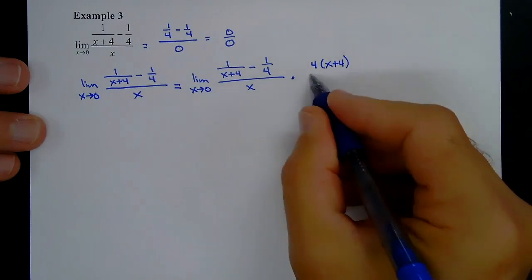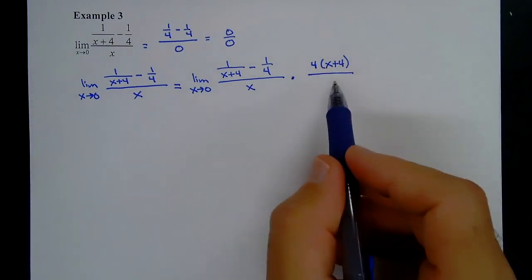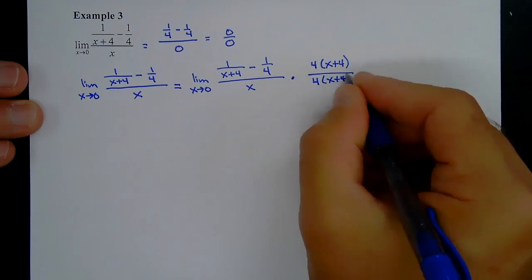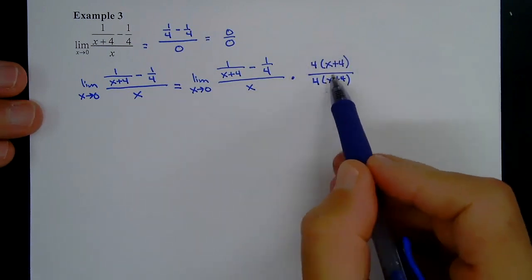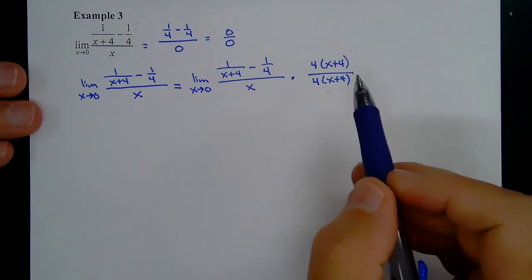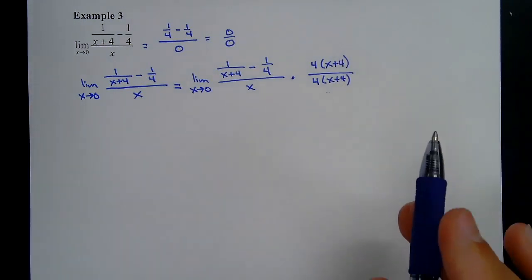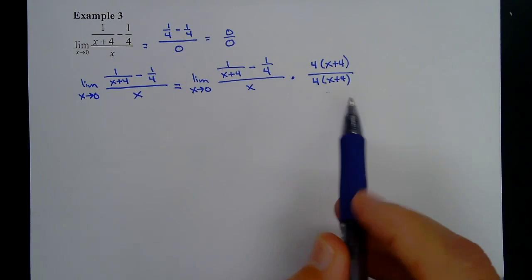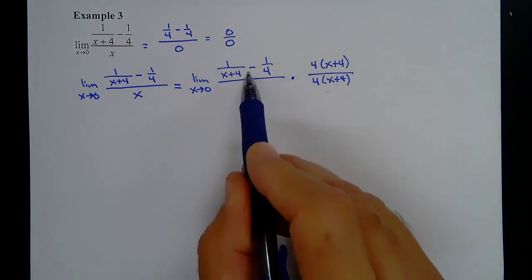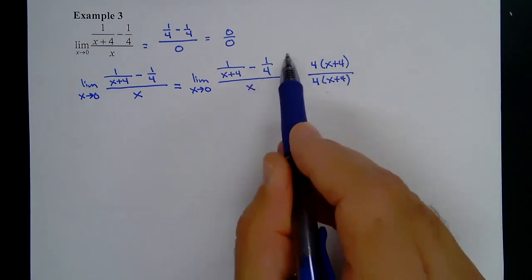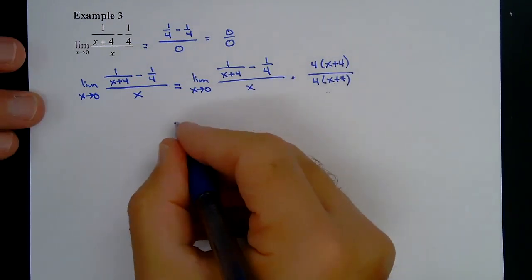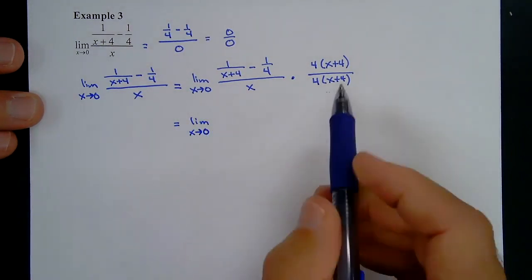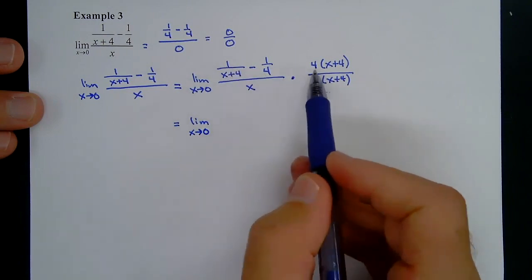And again, it's the same idea as above. I can do that as long as this is actually 1, right? So this is going to be 4 times x plus 4. Remember, this whole thing is actually 1, but it's going to get rid of the complex fractions, okay? I really would love it if you could do this in your head, and be careful because you have a subtraction here. So when we multiply this fraction times this, the x plus 4s are going to cancel, right? So this would be the limit as x approaches 0. My x plus 4s cancel, and I'd be left with 1 times 4, which is 4,